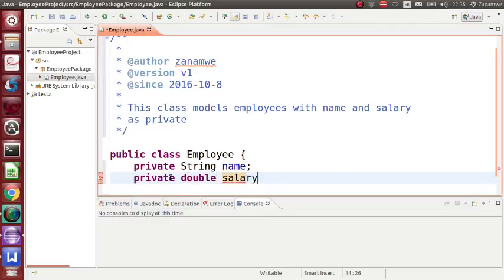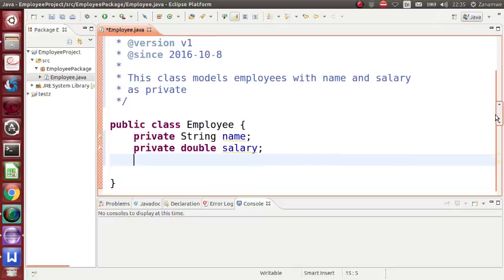salary. Then after this, I now need to define the methods. Right, for now I'm going to skip the constructors. I will come to the definition of constructors after I have defined the other methods that I have specified in my design. So I'm going to start by